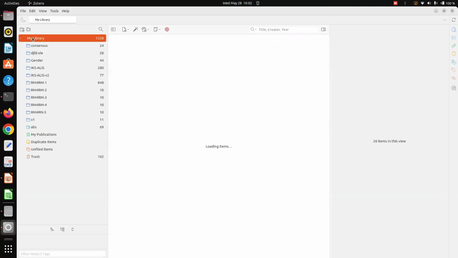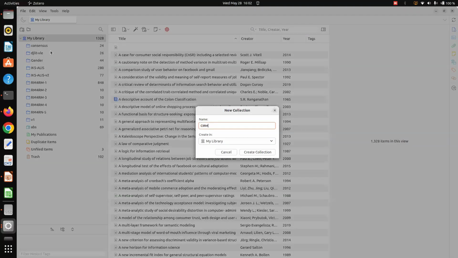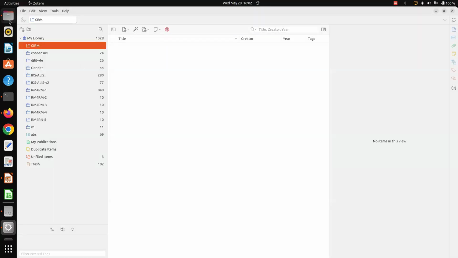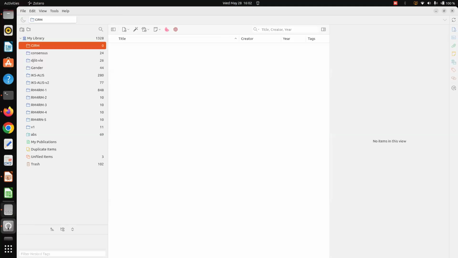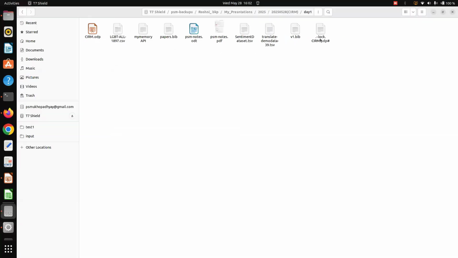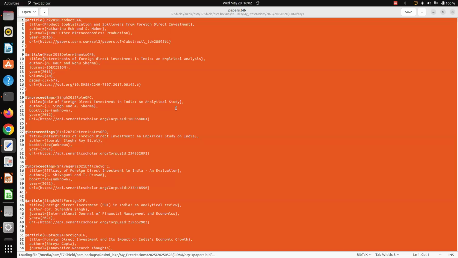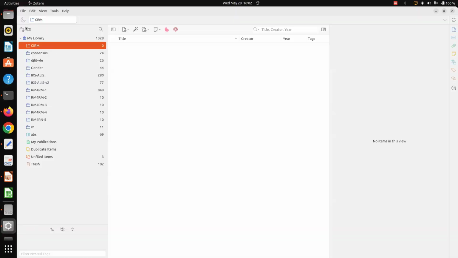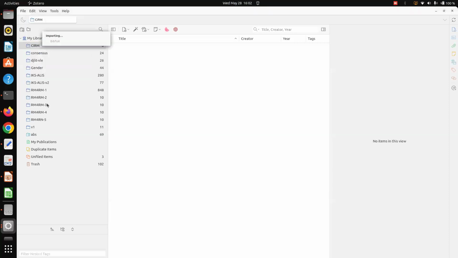Then you see I'm creating a new collection, say CIRM, and this is completely blank. I saved your record here, papers.bib. Select all, Control C, come to your Zotero and say copy from clipboard or import from clipboard.